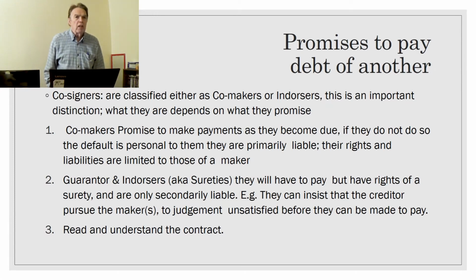Secondarily liable means that they don't have to pay when the amount is due, but they will have to pay after the default, and so they become obligated to pay after the default. But they can insist, as one of the rights of surety, that the creditor, the party who was the agreed party who didn't get the amount paid that he was promised, that person could